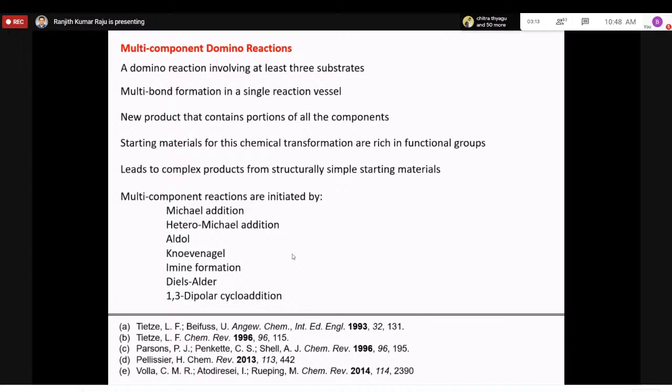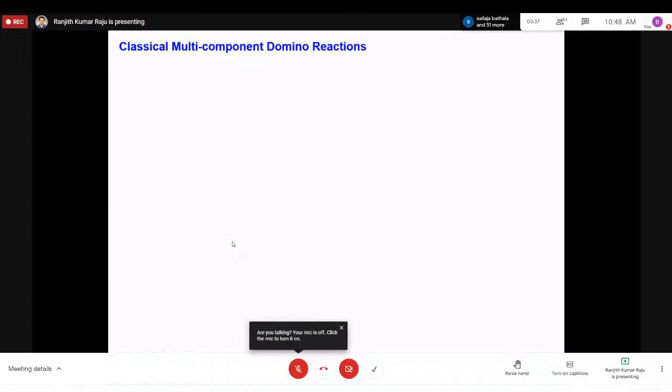And of course, these multi-component domino reactions should be initiated by any one reaction. So the common reactions are Michael, hetero-Michael, aldol, Knoevenagel. These are a few examples of the multi-component domino reactions which are initiated by a specific reaction. Now, here are a few examples of classical multi-component reactions. We have studied these reactions many times, and we forget to classify them as